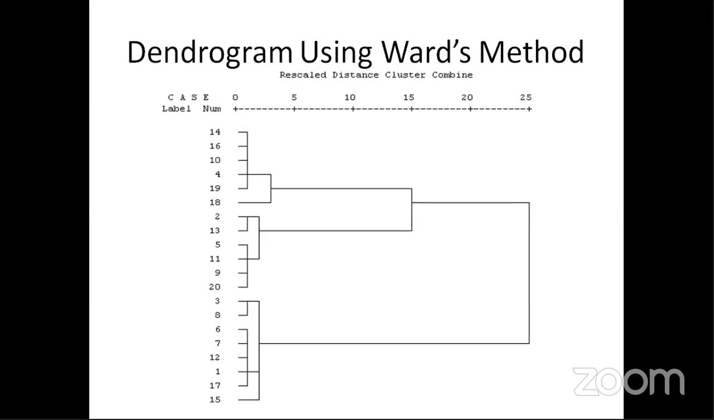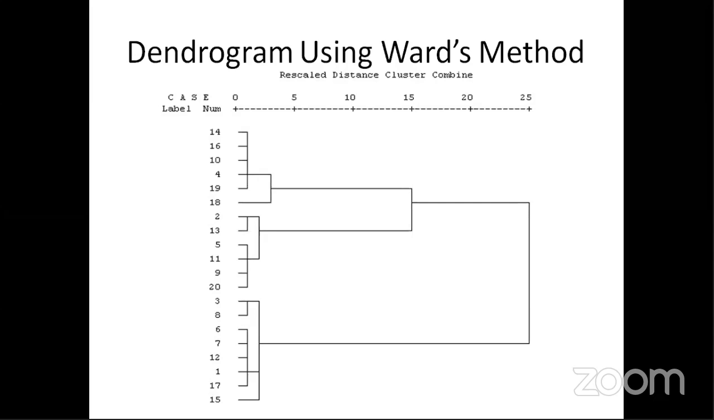Now you see case number 2 and 13, they are combined together at the first stage. Next में आप देखो 5, 11, 9, 20, these cases are combined at one place. 3 और 8, फिर 6, 7, 12, 1, 17 and like that. तो इस तरह से अगर आपको चाहिए, suppose you want 1, 2, 3, 4, 5, 6, 7 क्लस्टर तो आप